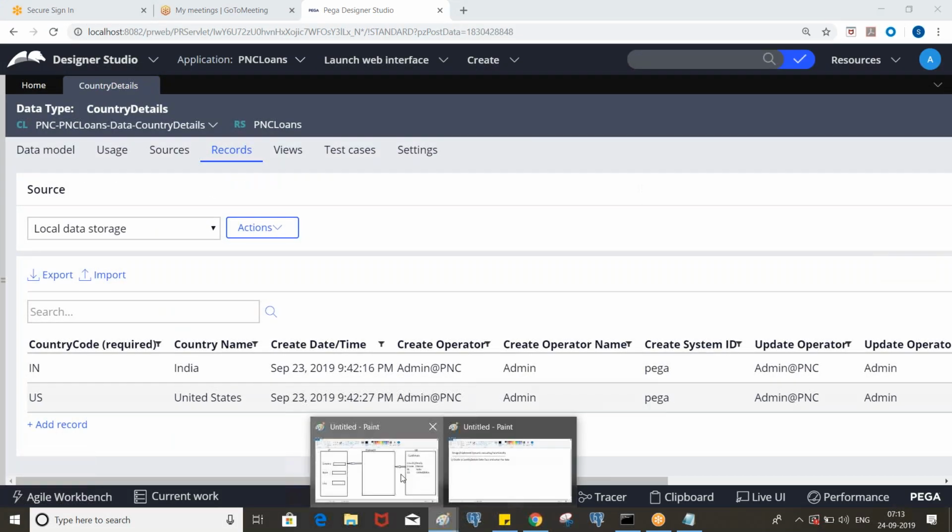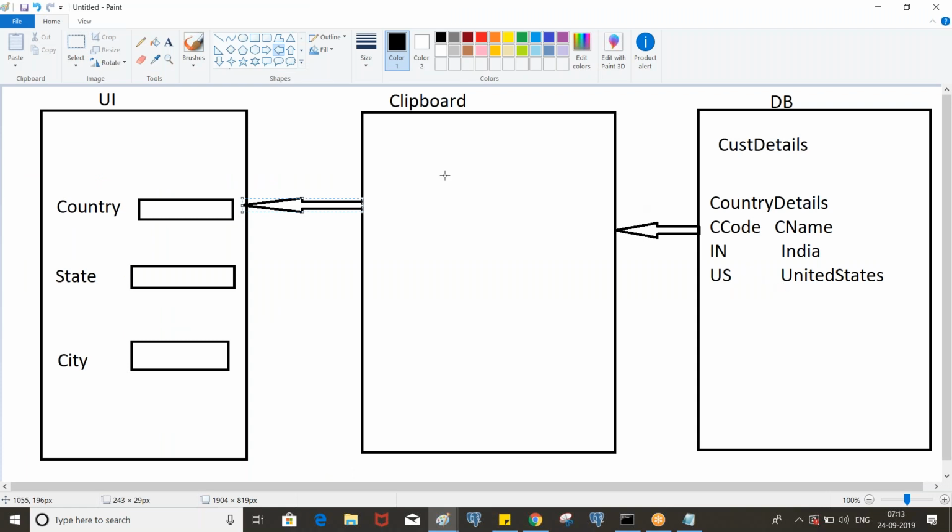So like this in the database, and we need to display it in the drop down of country. So for that, we are going to use the activity with the obj browse, and we do that by using obj browse.